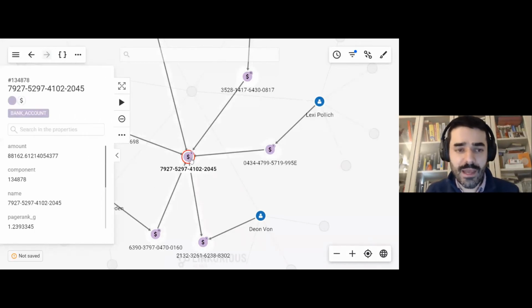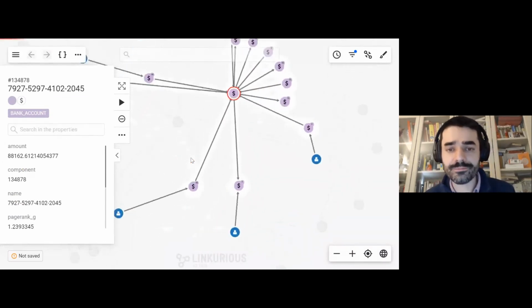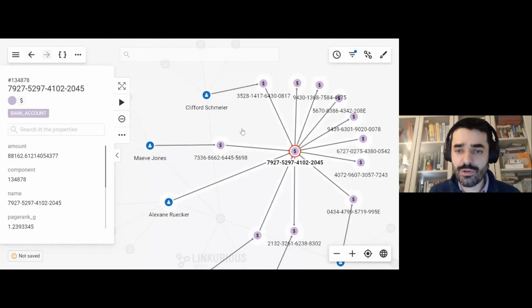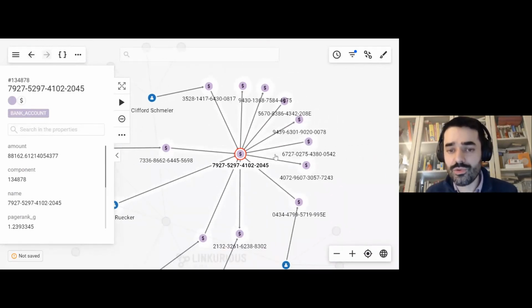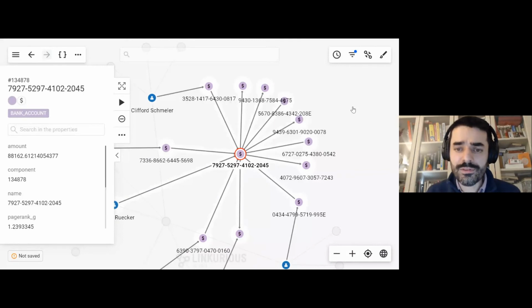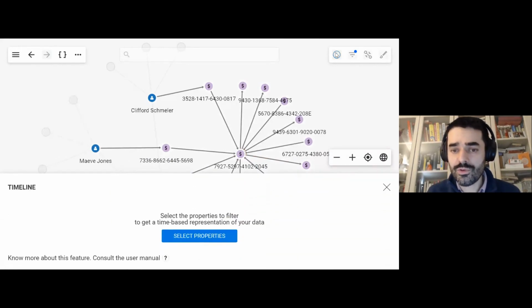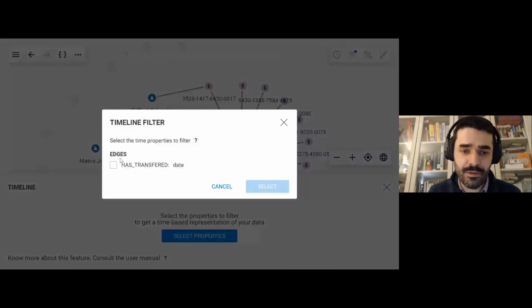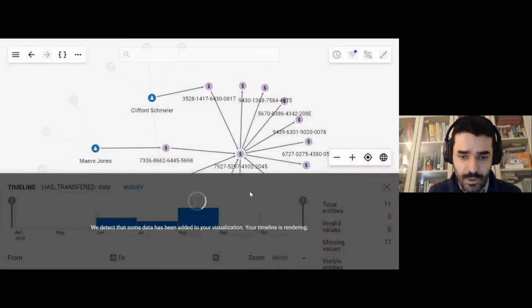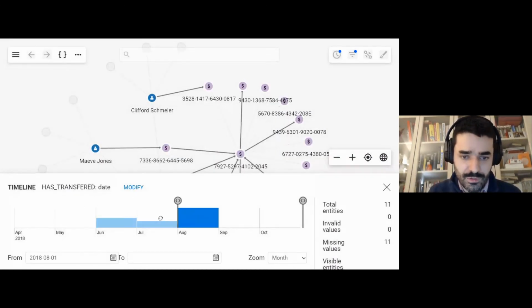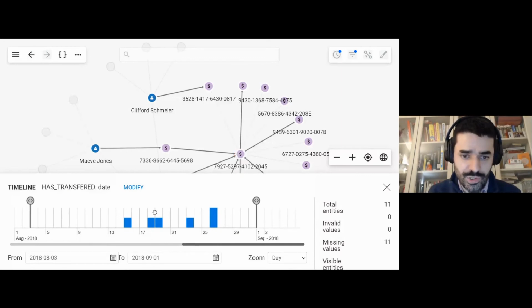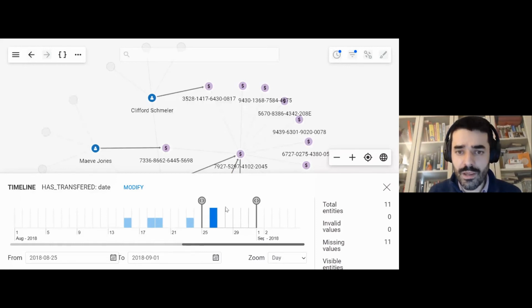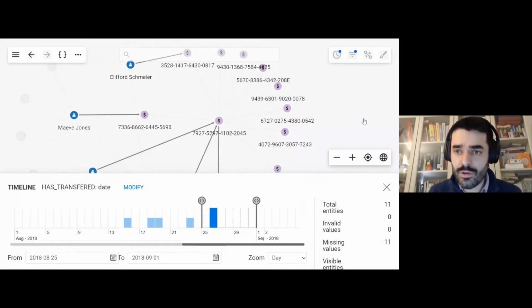So in order to do that, I'm simply going to double click on that node, which brings up new information, bank accounts that are also connected to that bank account. I'm not necessarily interested in all of those bank accounts and transactions, so I'm going to focus on a specific time frame around the incident that I'm interested in, which occurred sometime in August. So I'm going to change things a little bit and use this time slider to really narrow down my investigation to a particular time